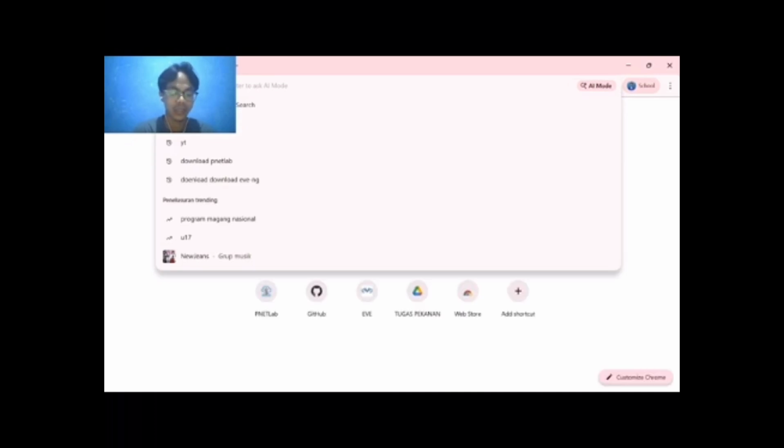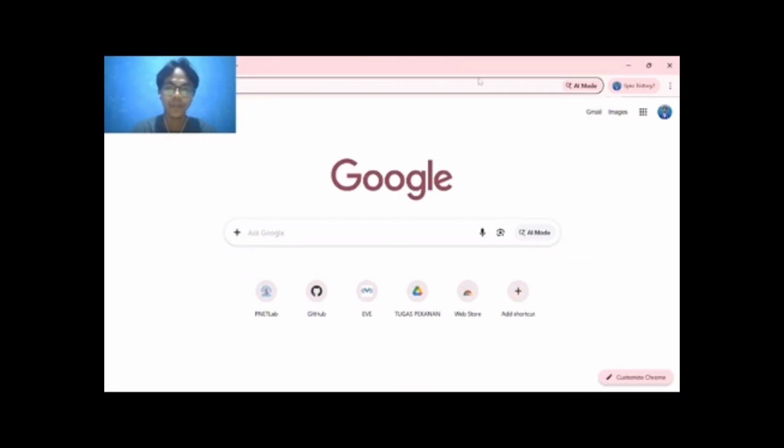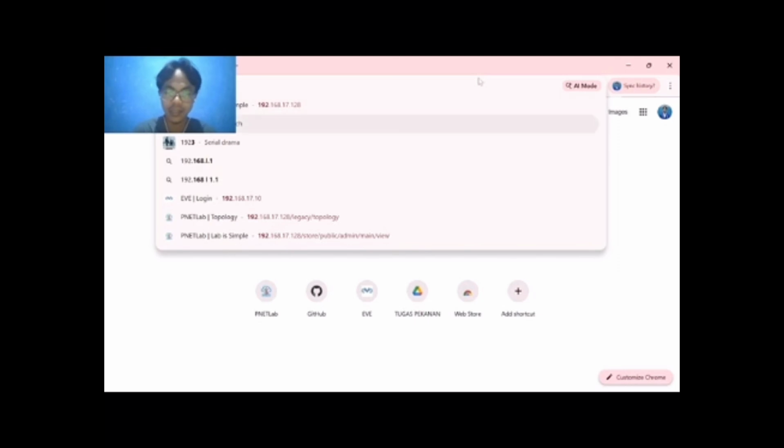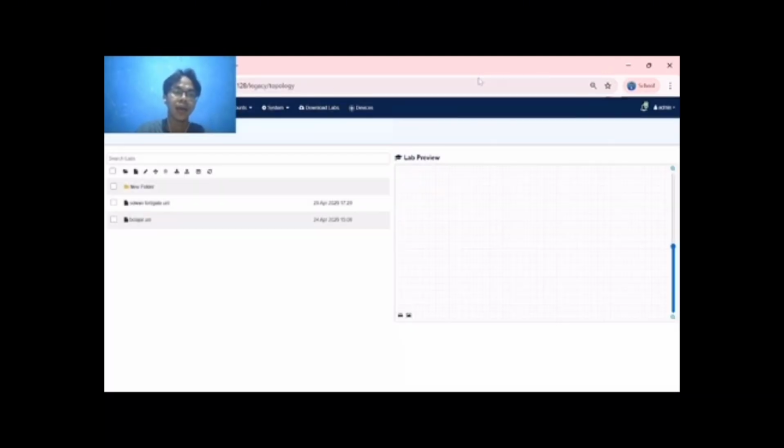Usually if my laptop is not strong enough to use and configure the assignment, I use Hakim's laptop. We type the IP address from the Pinet Lab before. The IP address is 192. We enter, and we directly go to the topology.